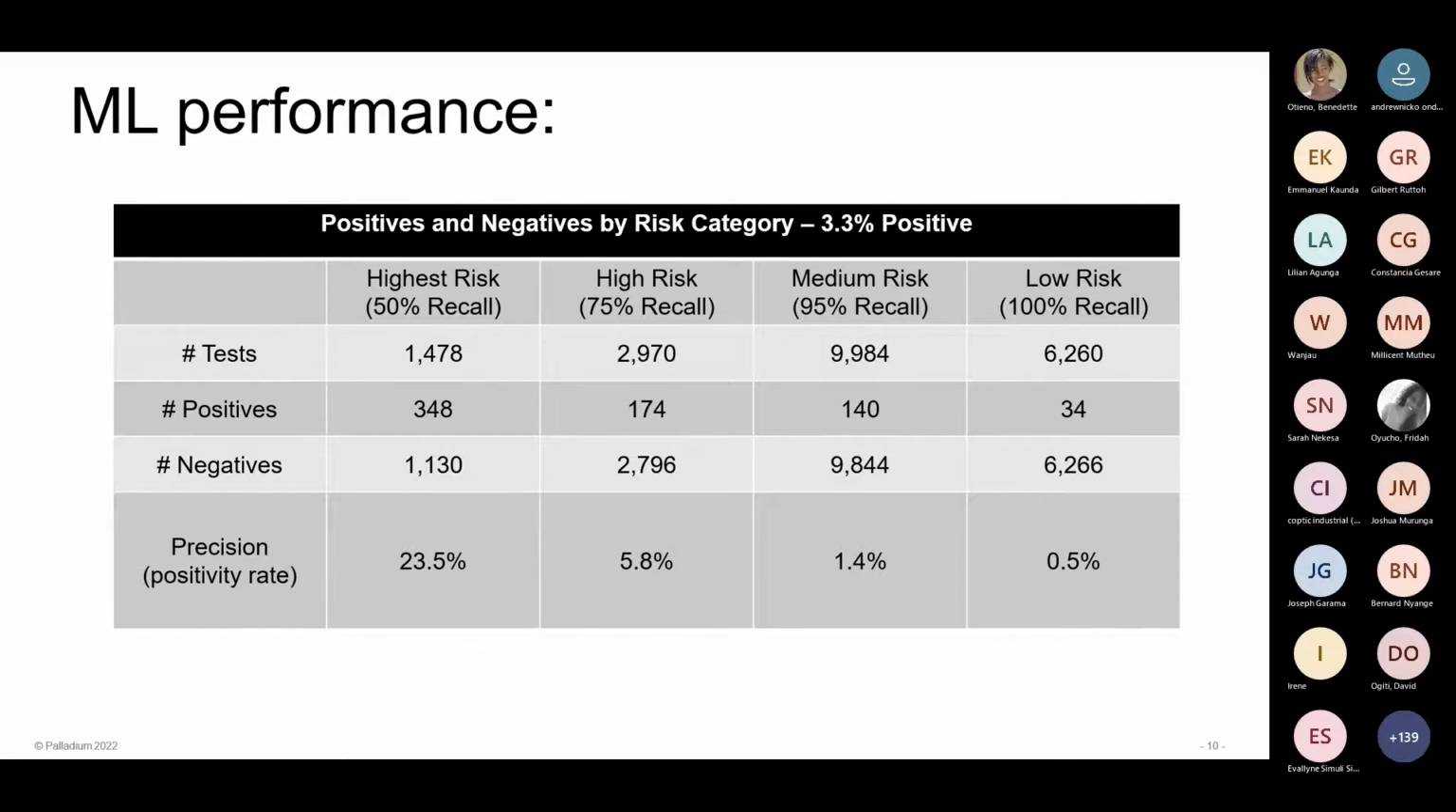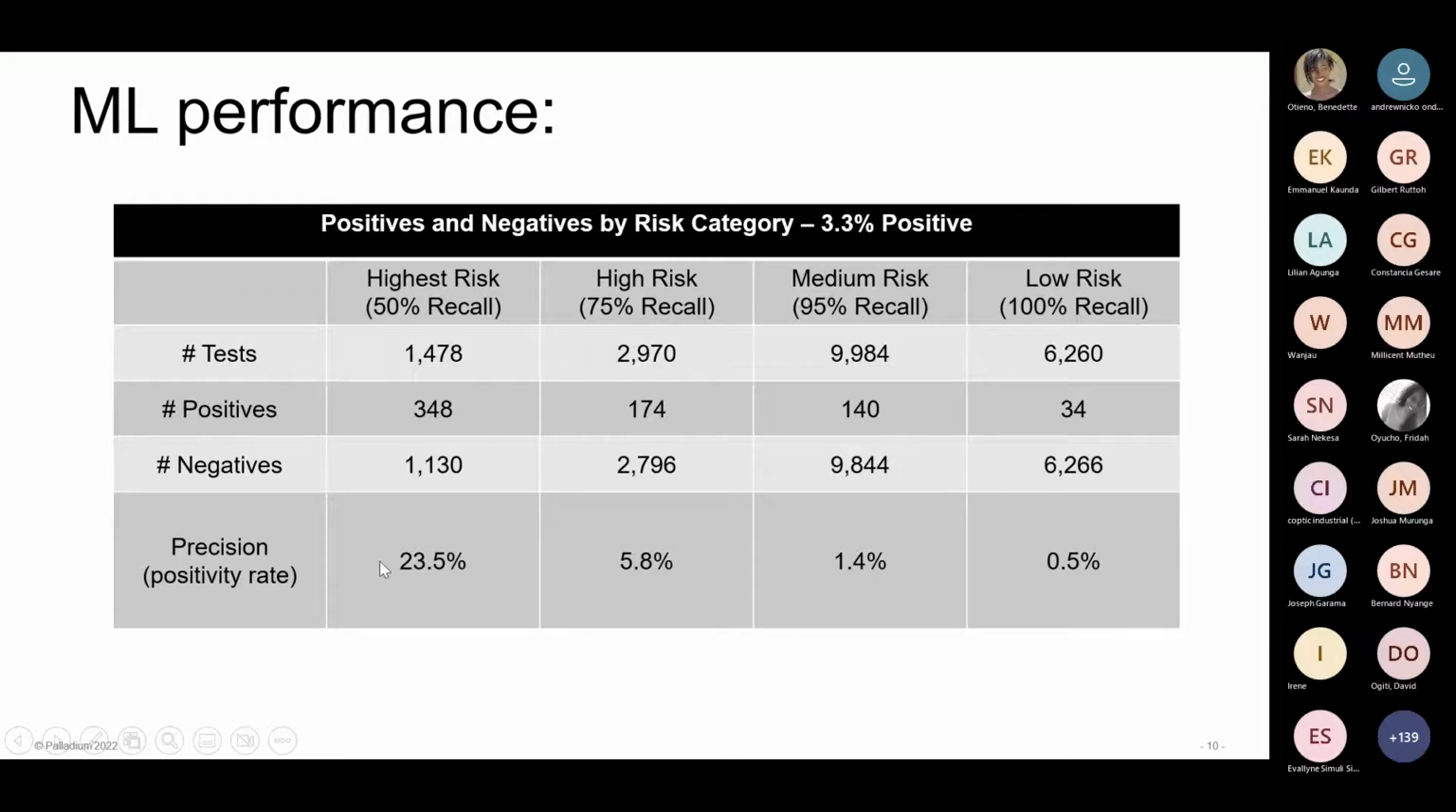But for the highest risk, again, you can tell the positivity rate for the highest risk in this data set. We had 348 compared to 174 for the high risk, dropping down to 140 for medium risk, and then a low of 34 for the low risk. And in terms of sensitivity, you can tell again